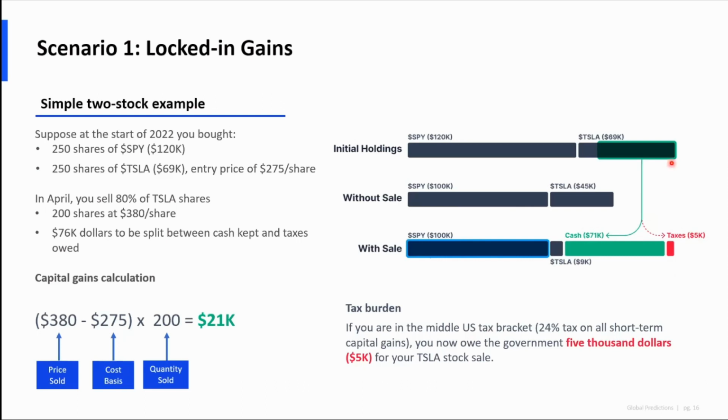One thing to note here is that it's even more unfortunate because your portfolio value has gone down over time. This is a classic tax loss harvesting situation where not only have you lost money in an unrealized way because the stuff you've been holding has gone down, but you've also locked in a gain through what is honestly pretty good trading. You basically called the top of Tesla and sold 80% of your stuff, and yet you still owe money. So that's what we're going to try to rectify in the next slide. The important thing to remember here is the 21K gain. We made one trade, some stuff went down. We're going to go on to the next slide and talk about harvesting.